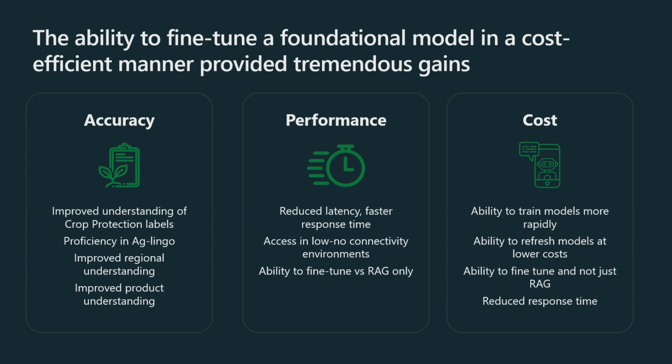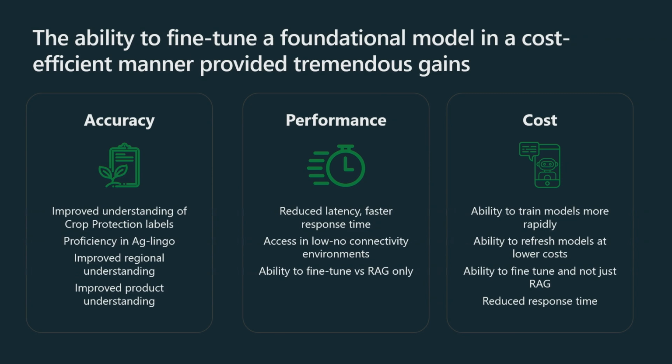And so we see here this project was able to be completed in just 4 weeks, which is an amazing accomplishment in a case of innovation with speed, and I think just speaks to both our team's commitment to deliver products and ship them, as well as the Microsoft team that collaborated with us. And there are some remarkable outcomes that honestly at the beginning we didn't know what we would see. It was a good experiment to run, but some of them we anticipated, some we did not. So improved understanding of crop protection labels, proficiency in ag jargon. Yeah, there's a lot of funny ag words, right? We're learning about a lot of domain lexicon this week.